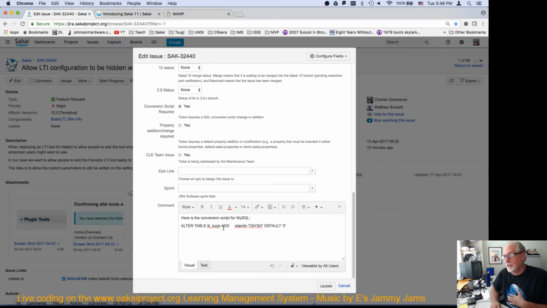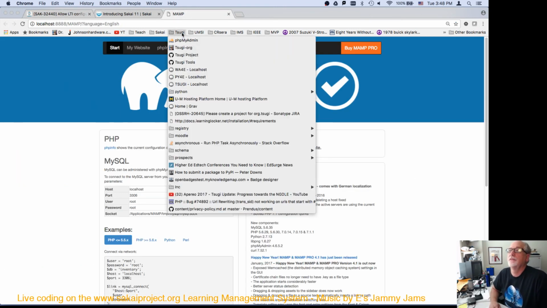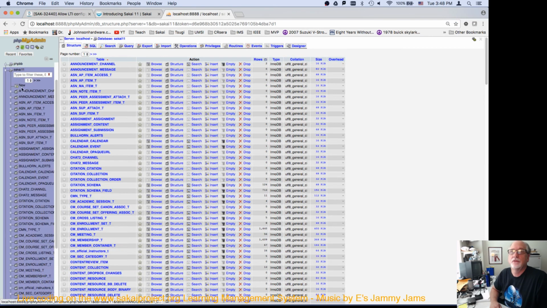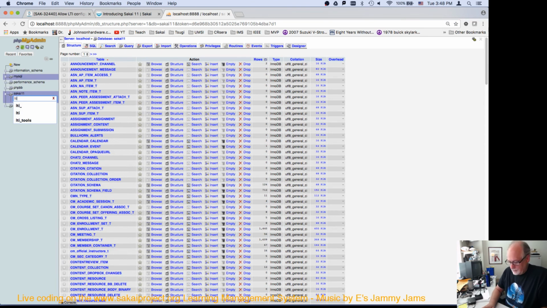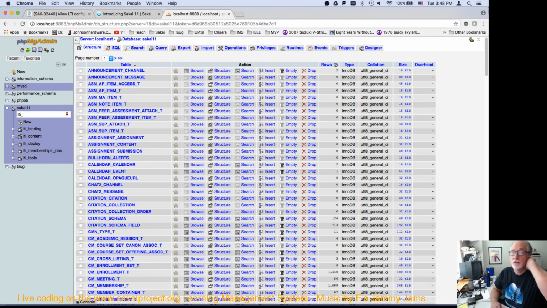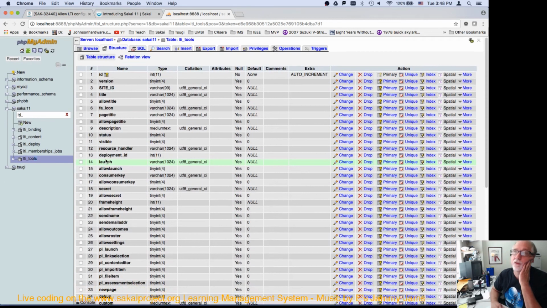Now that my database is updated, if you look at my database, that's in LTI tools. Make that a little bigger. Put that at 20%. Got LTI tools. You're going to see that this column just got added. It gets added at the end, right? It added the site info as a tiny